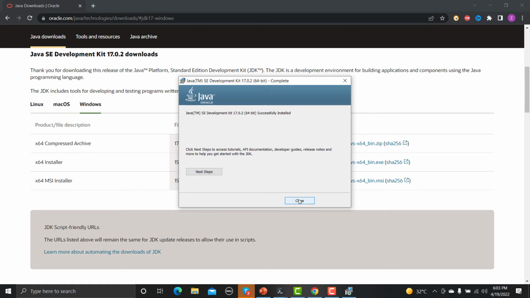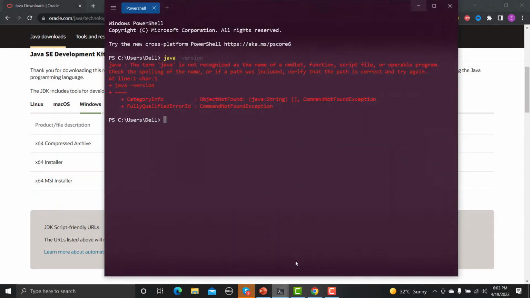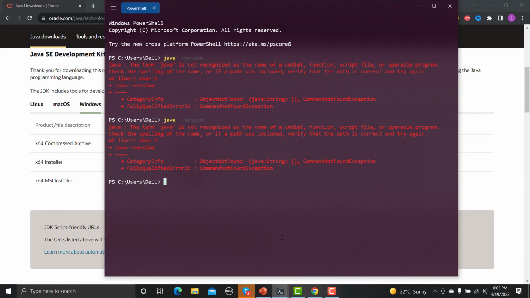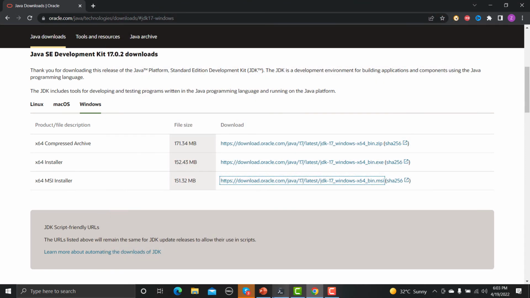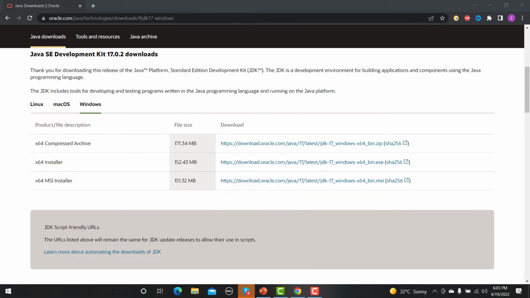So let me close this one. Now we have installed Java, but we haven't set the environment variables. So if I click again here, it will still say that Java is not recognized. So let me close this one and this one again. And now we need to go to environment variables,